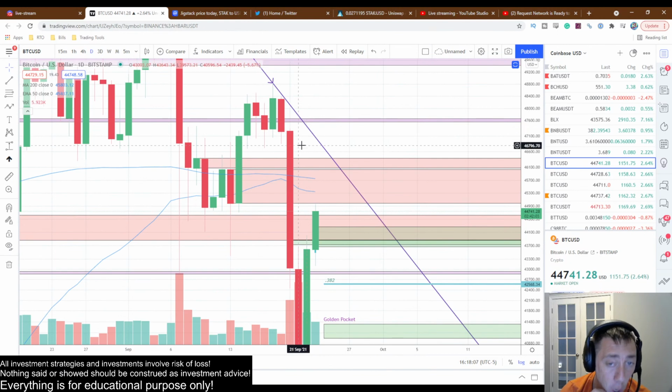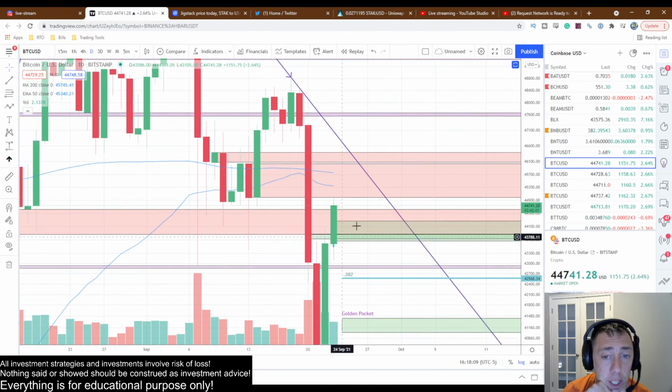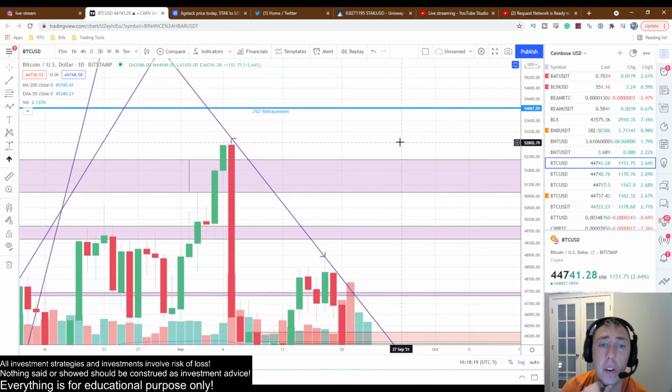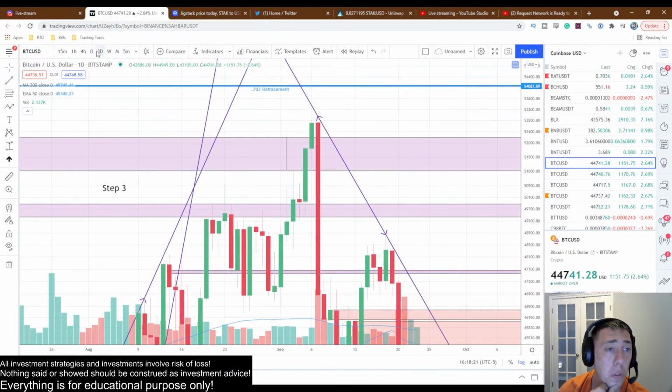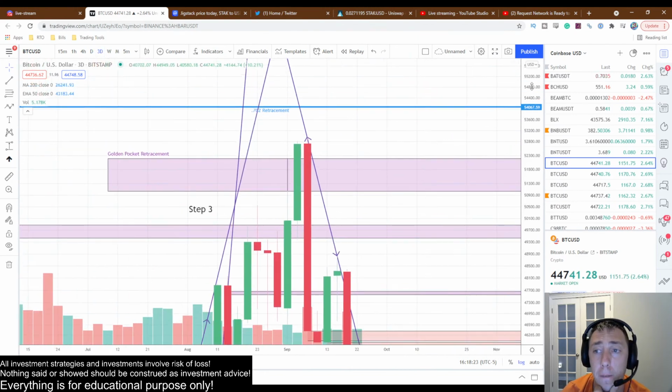So right now, the most important level is to clear above here. Once we get above there, then we can start attacking the 200 moving average, right? So you just want to keep going above and above until eventually we break out into new all-time highs, right? And the final test for this market,